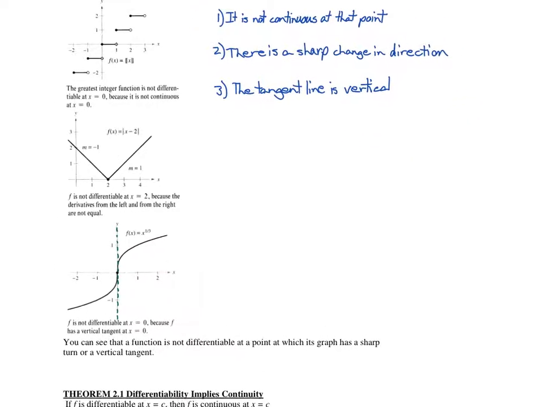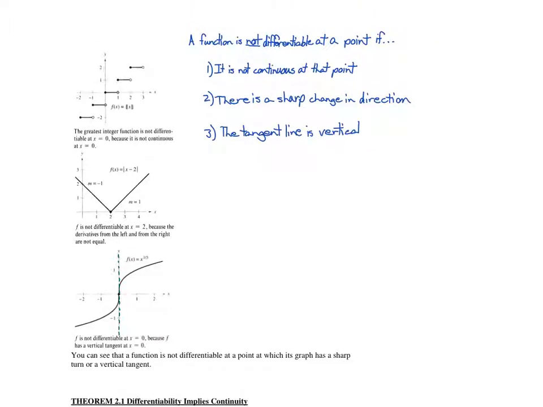The other case is when the tangent line is vertical. Actually, that would fall under this category, sorry. Remember we said the tangent line, as you approach 0 on the radical function, is going towards positive infinity. So you are getting a vertical tangent line, and at that point the derivative would not be defined because the slope is undefined for a vertical line. So those three cases here are the cases that you need to keep in mind,